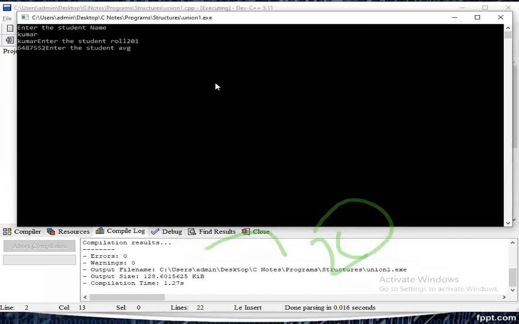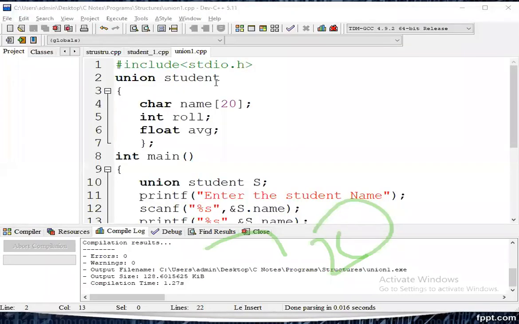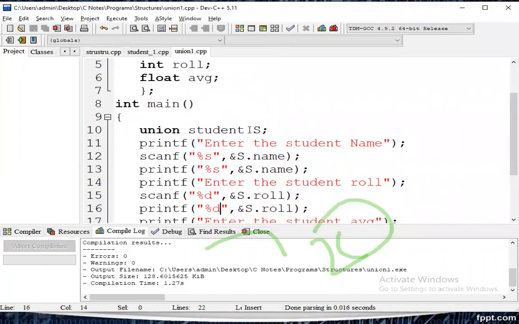The same information is printed. And average. Okay, so some floating point error is there. So that's why I think it is not supported. Wait. Okay. No problem.